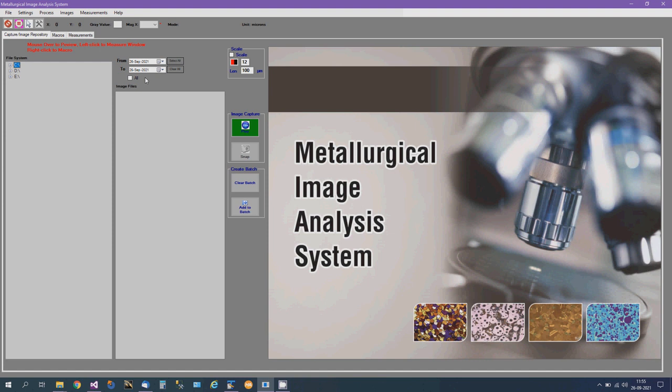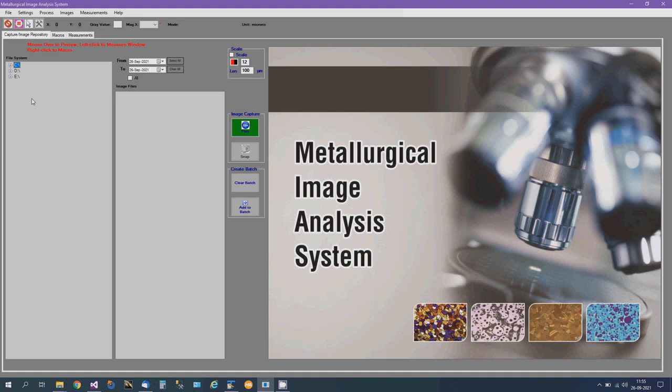So once you have the master calibration scale, what we do is we will capture an image of the master scale for each magnification on the microscope. How you capture an image has already been covered in the previous video. If you have any clarifications on that, please go back and see those videos and come here. For each magnification on the microscope, we will capture an image. In this video, we will show how to calibrate for one magnification using a captured image of a scale.